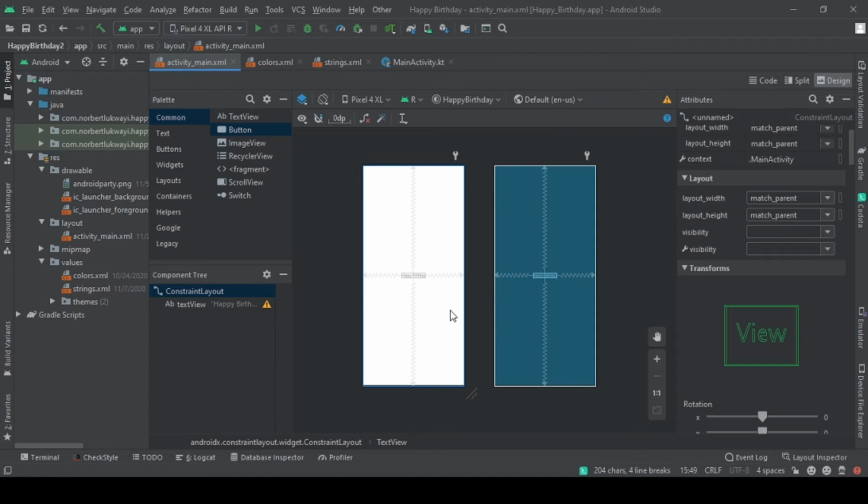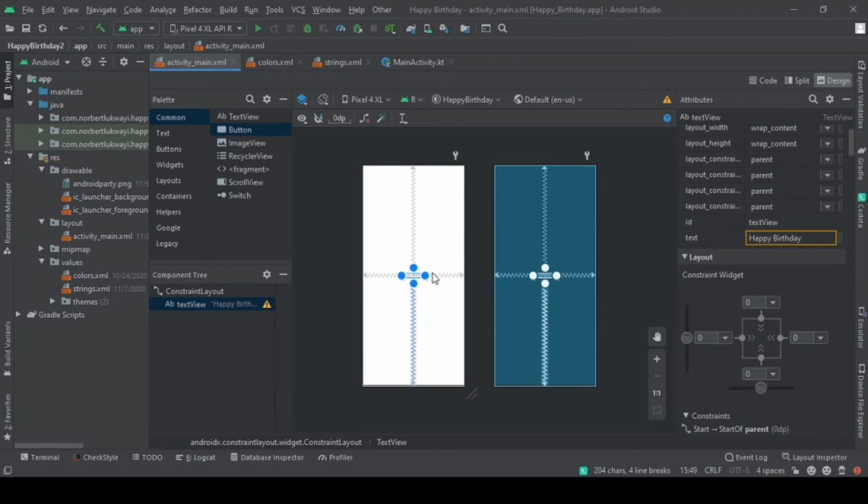I'm not going to do that in the interest of time, but it would display our happy birthday text, and that in itself doesn't really look good. So we need to do a bit of styling to make it look good. So per the design, we are going to use the same text view. How do you delete constraints is by